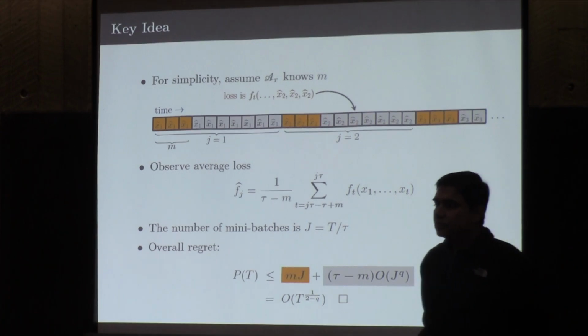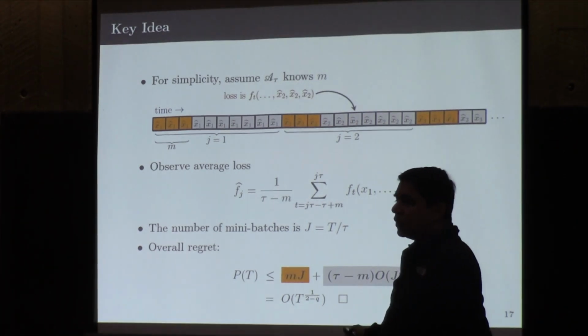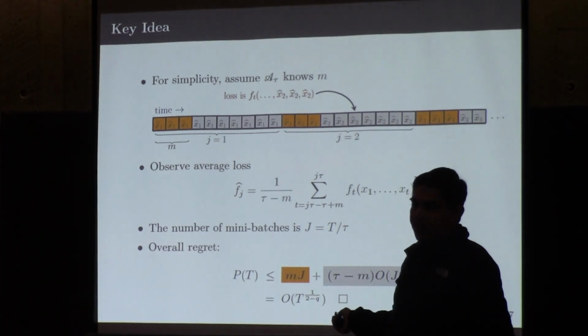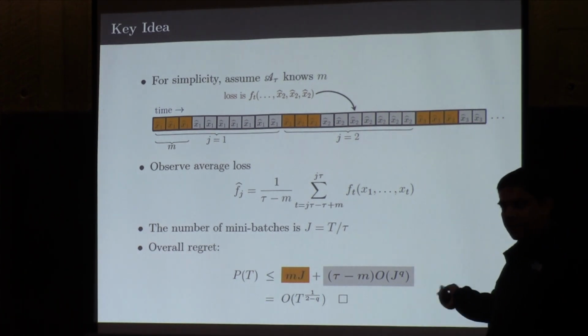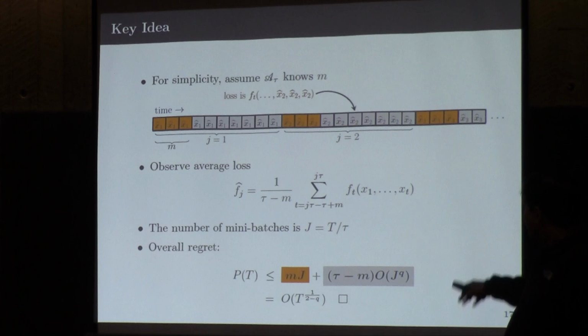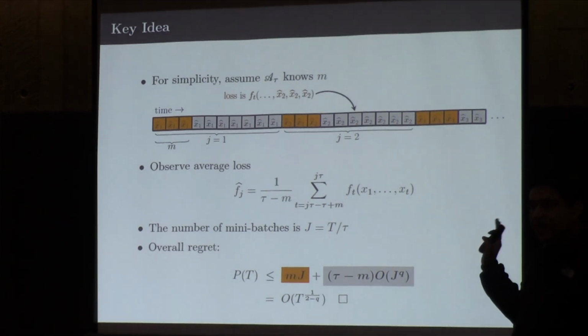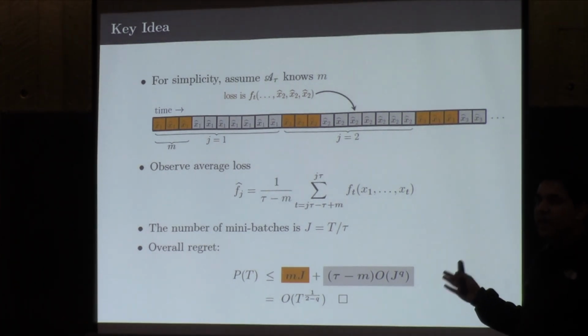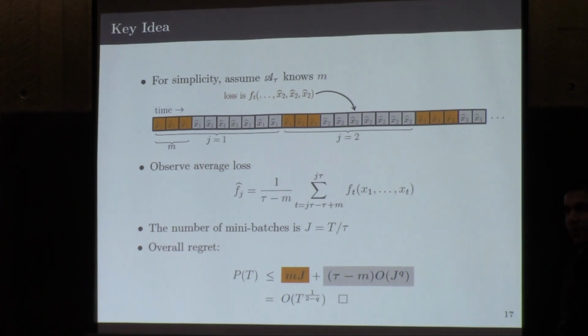Is it also a lower bound, or do you have a better one? So for the multi-armed bandit problem, we have a matching lower bound. I'm going to show you that in the next slide. In general, it's not. For bandits, it is the case. I'm not sure for other problems if we do get the matching lower bound.